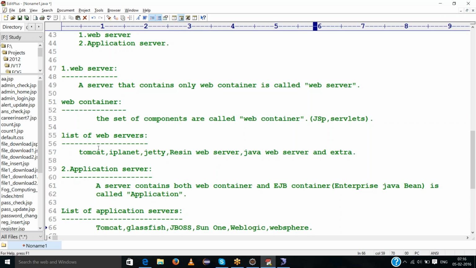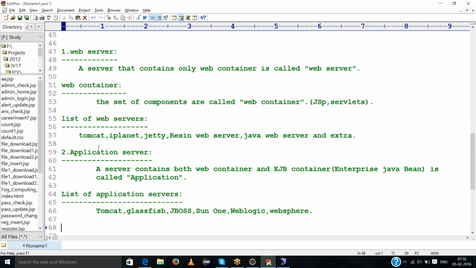These are the application servers. Web servers and application servers.